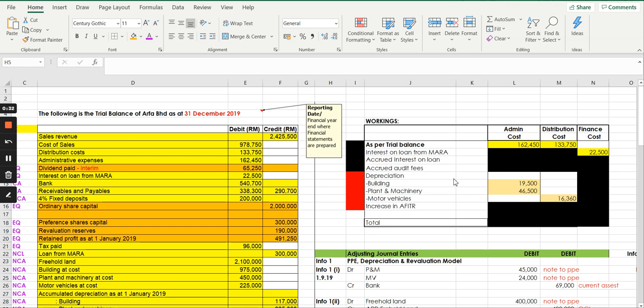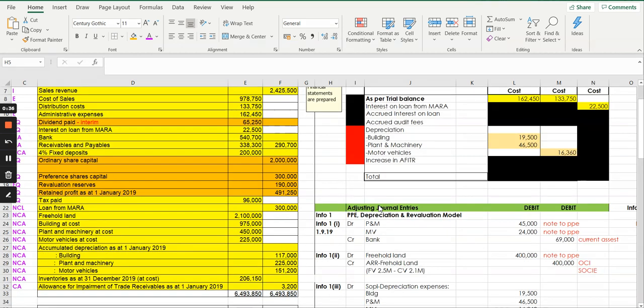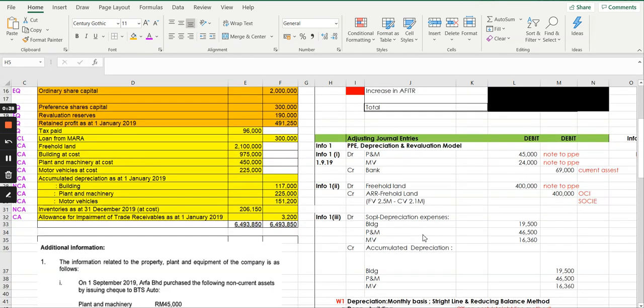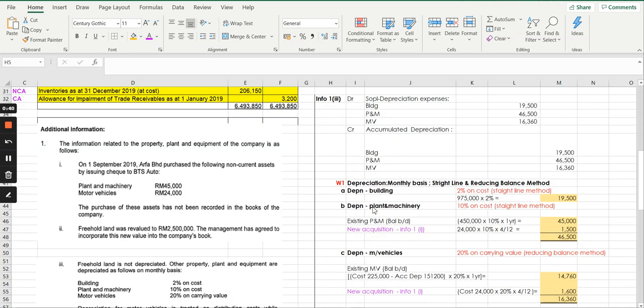Remember, we were doing additional information number 1. I've already shown you the journal entries. If you look again at the calculation for depreciation in detail, the percentage on depreciation is 2% on cost, which implies the straight line method. However, if you come across any residual value given, make sure you deduct that residual value from the cost. In our case here, for depreciation of building,